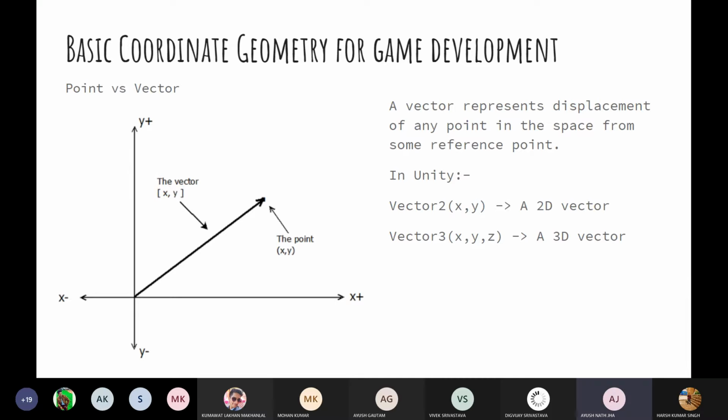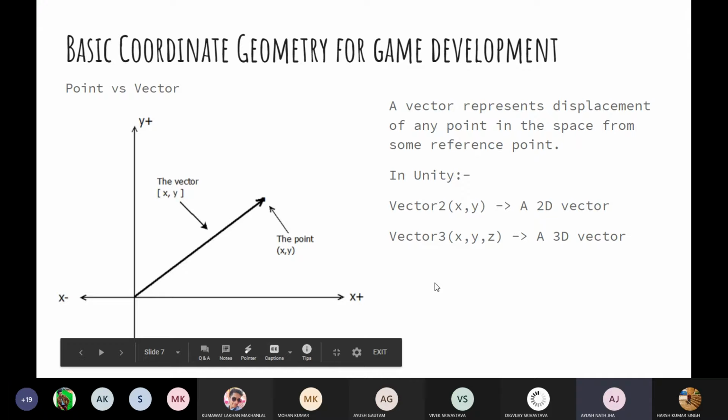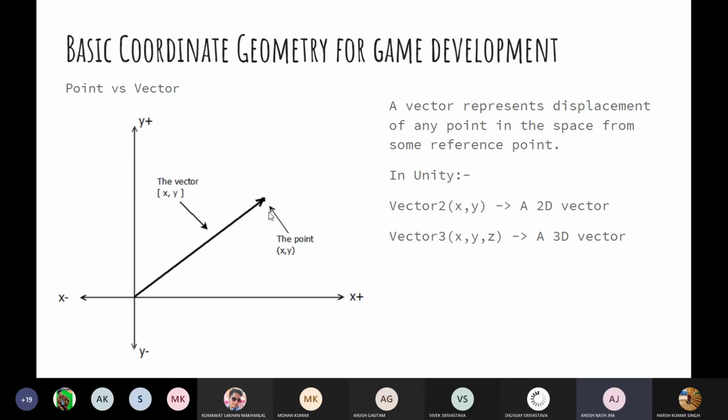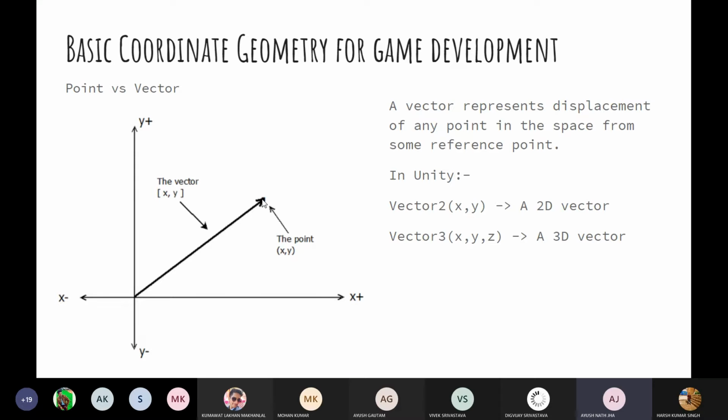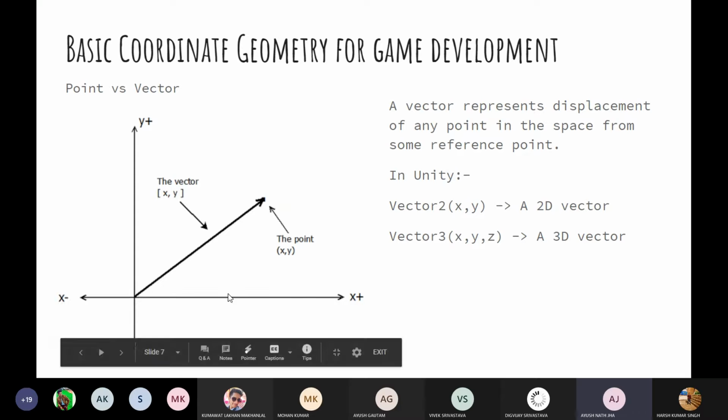Now, let's start with basic coordinate geometry for game development. I don't think I need to explain this: what is a point and what is a vector? This is a Cartesian coordinate system. A point is a specific location on the Cartesian coordinate system, denoted by a pair of numbers x comma y, the position given by moving along the x-axis and simultaneously along the y-axis.